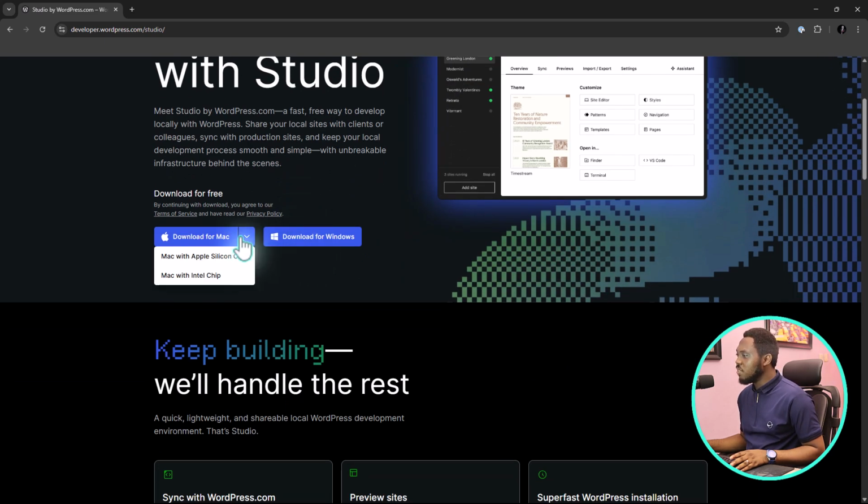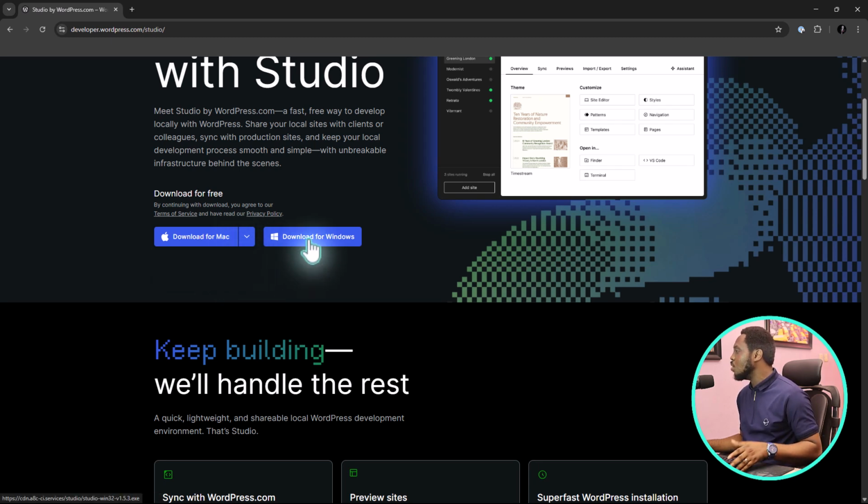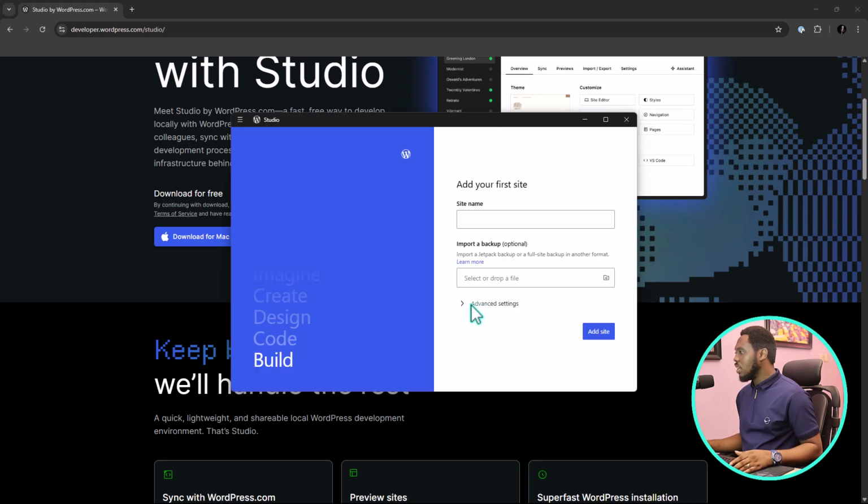You can download these for Mac, both Mac with Apple Silicon chip and Mac with Intel chip, and you can also download these for Windows. One of the things I personally noticed is that with the click of a button, just download for Windows, not only will this download Windows into your computer, you would have, with the click of a button,